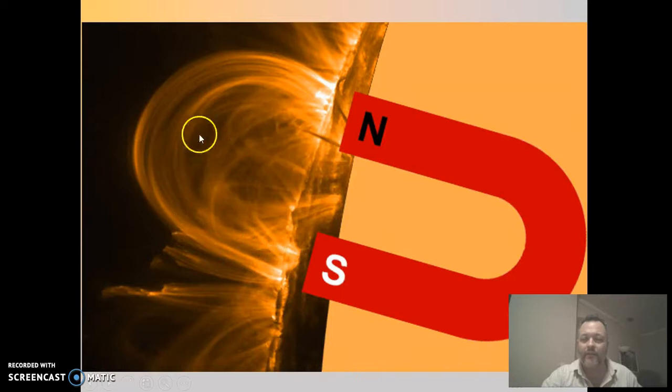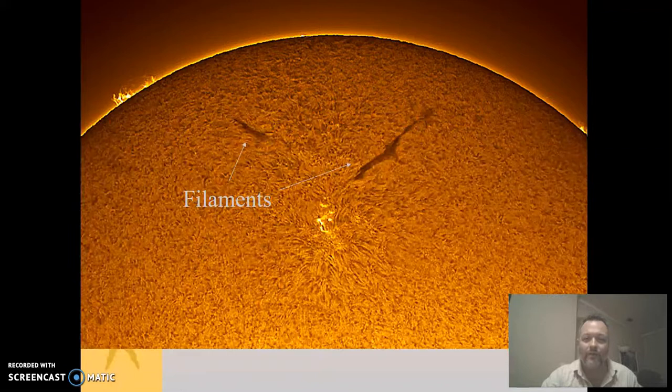Okay, you could think of them like playing croquet. You could hit planets through these things. They're so huge. So these are actually loops here, but when you can't see it, it's like flying over the arch in St. Louis. If you're looking straight down on it, it just looks like a line, and that's what's happening here. So those are actual loops called prominences, but when you see them from that angle, they're called filaments,